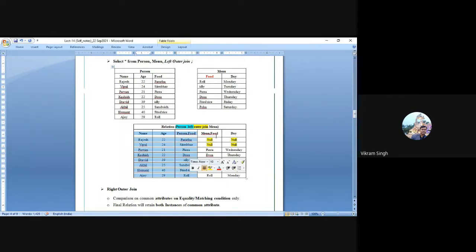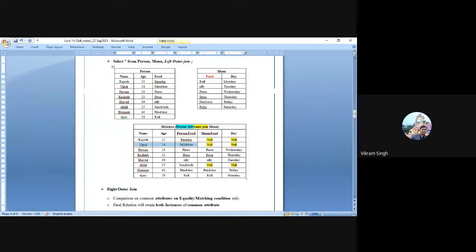But if you take out the attributes from the menu side, you can see for the very first tuple, which says Rajesh 22 and this Pratha thing, it does not have any matching. Despite having these two attributes common between these two tables, for this particular tuple, there is nothing matching with respect to the menu table. So it is introduced as a null value. So wherever there is a non-matching thing, where nothing is available in the second table or the right side table, it will introduce a null entry.